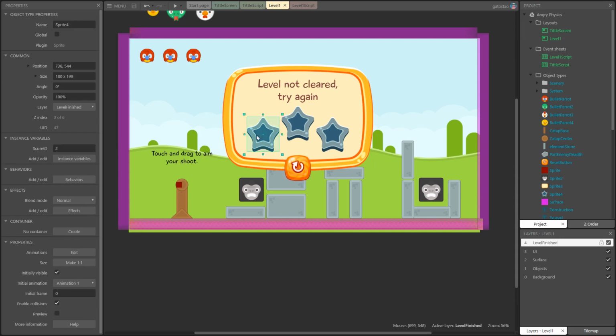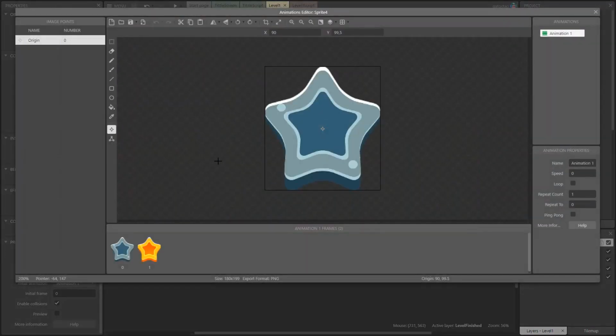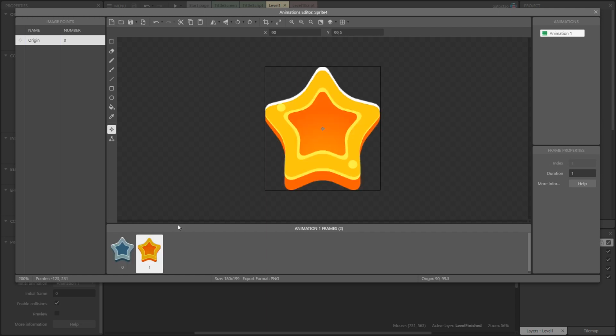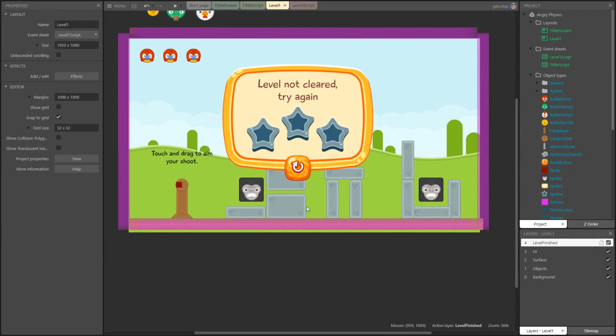For now, the other element that you need to be aware of is this star, and this star is basically one sprite with one animation and two frames, one for when the star is new or isn't achieved, and the other one when the star shall be lit up to indicate that I earned that specific star. So